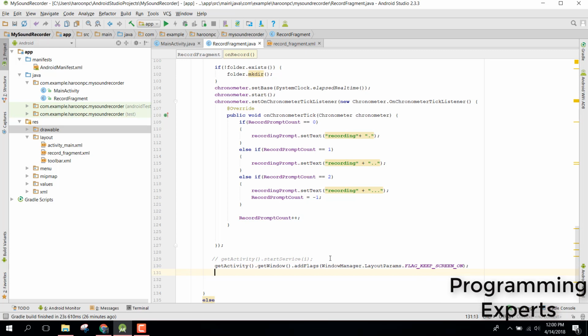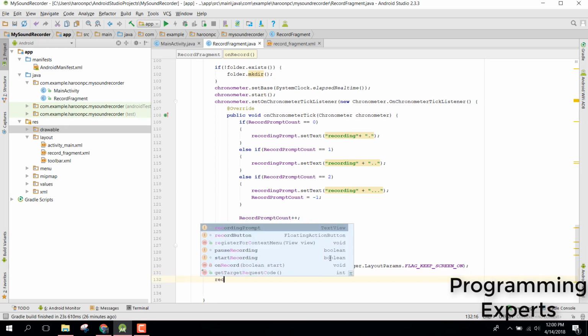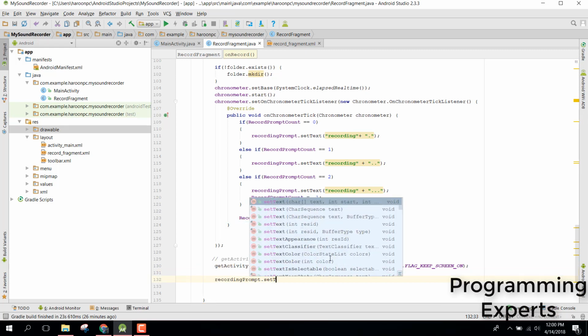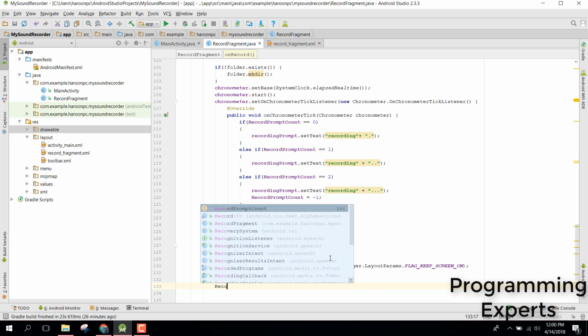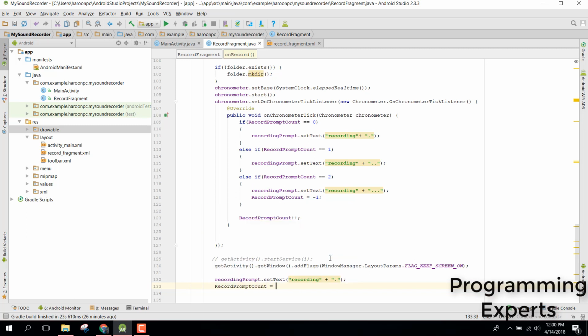And after that we can say recording prompt dot setText recording, and after that we can say record prompt count plus plus,